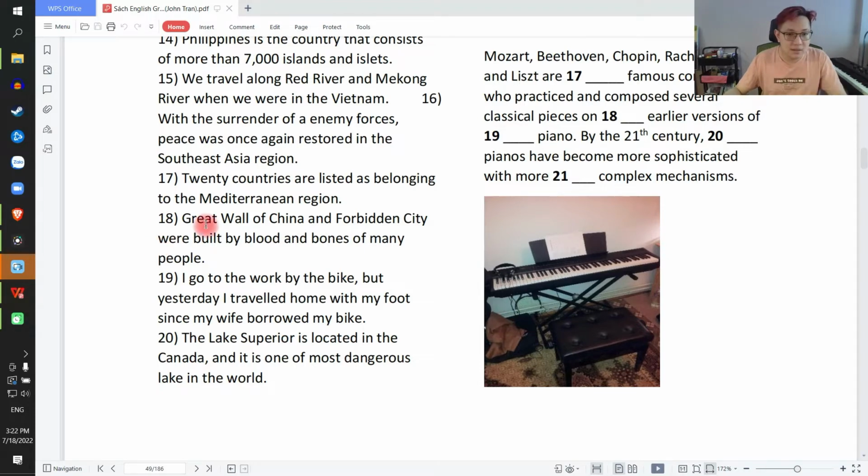18. The Great Wall of China and the Forbidden City. So when we want to talk about buildings or any particular places that is famous, you have to use the definite article the before that. Khi mà nói về một cái nơi chốn, một cái địa điểm nào nổi tiếng, một cái tòa nhà nổi tiếng, phải có the đằng trước. The Great Wall of China, Vạn Lý Trường Thành, and the Forbidden City, Tử Cấm Thành, were built